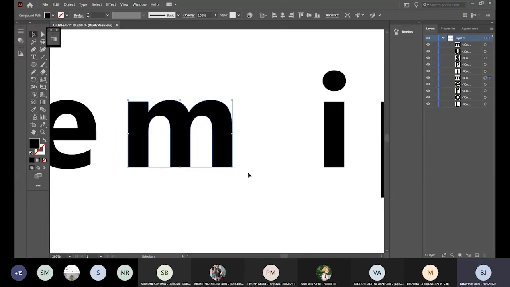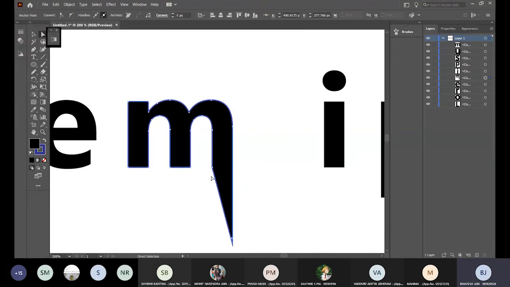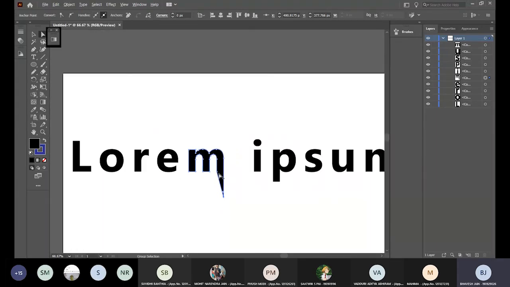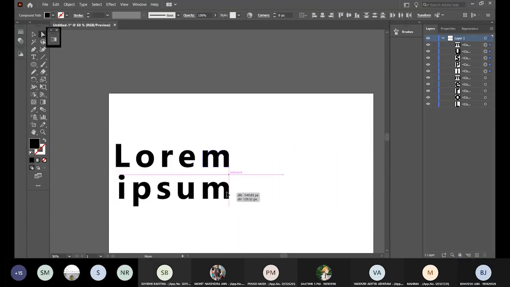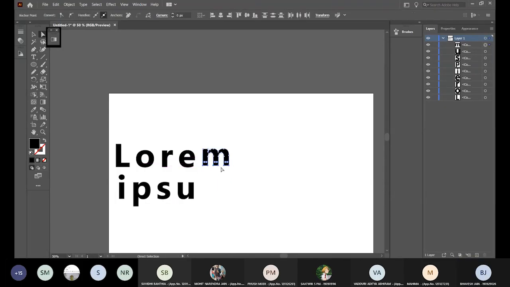And now I can do any and everything I did earlier. I want to add stroke, I add stroke. I want to edit one line, I do that as well. This is very helpful when you're doing typography. So I drag it around, lorem ipsum, say, yep, this. And I delete this M, select this, wait, and I drag this part down.